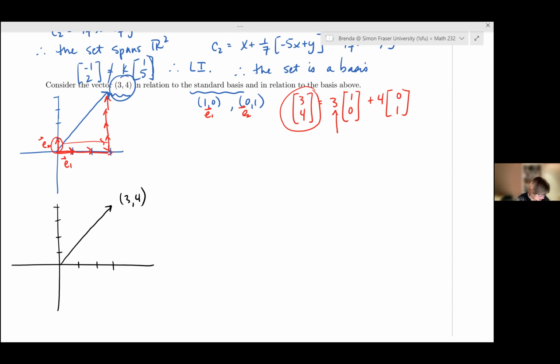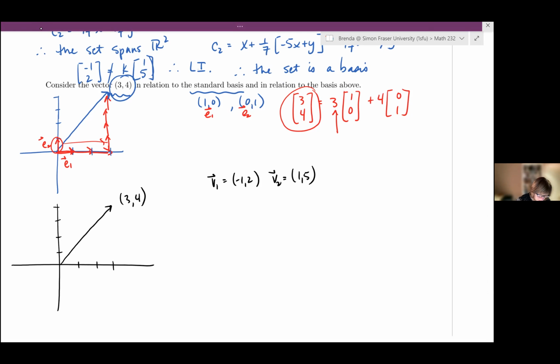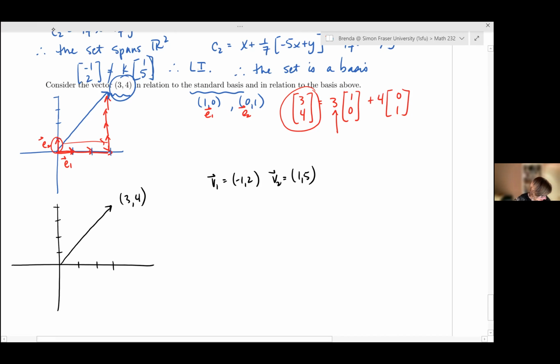Our basis vectors, let's observe what they are from the previous question. Our basis vectors are v1 equaling minus 1, 2, and v2 being 1, 5. So let's just draw those on our drawing. This is 1, 2, 3, 4, 5. So 1, 5 is right here,